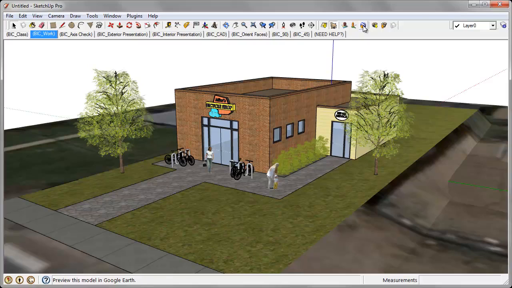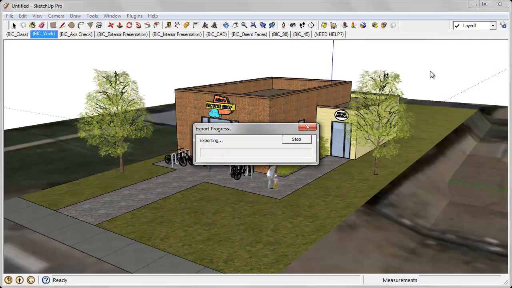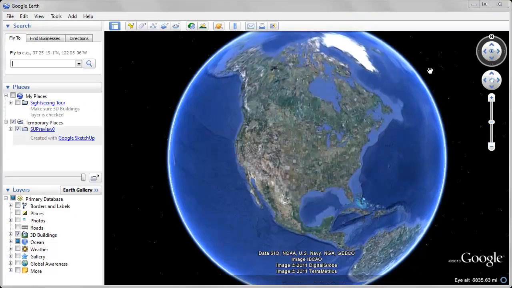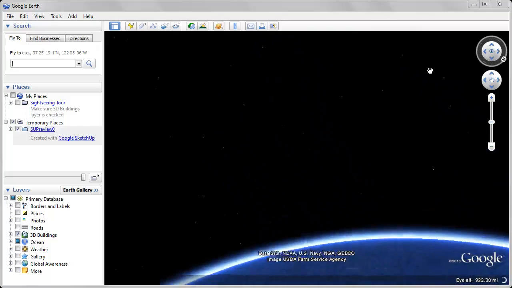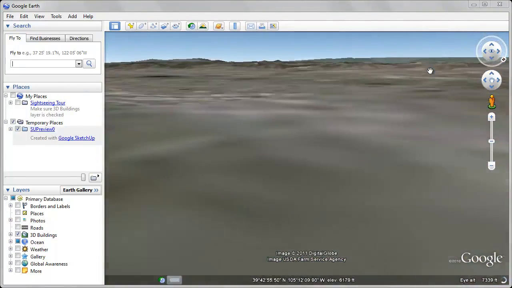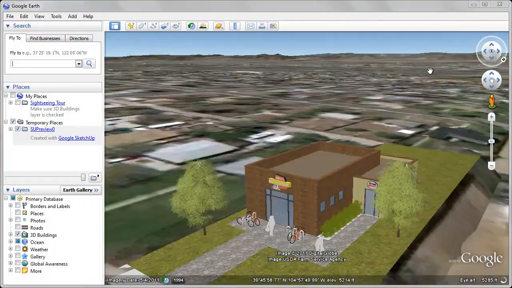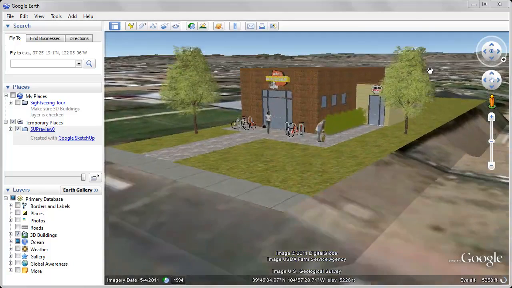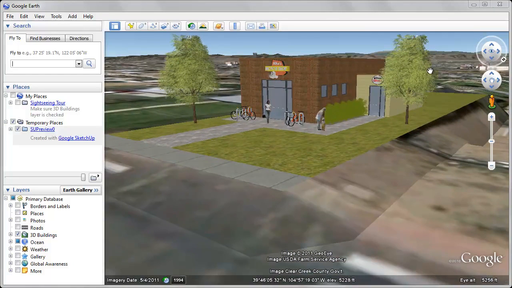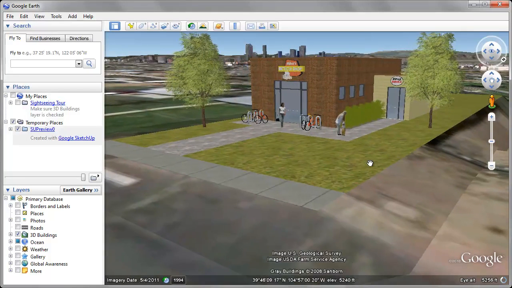So I'm going to do just that. Up here on our Google toolbar, we can click on Preview Model in Google Earth. When I click on that, it's going to automatically generate a KML file and send this model to Google Earth. Now you can see we're floating from outer space down to Denver. And you can see the mountains popping up in the background, and then you'll start to see Denver loading up because almost all of the major cities are already modeled in Google Earth. So if I just kind of slide over here a little bit,